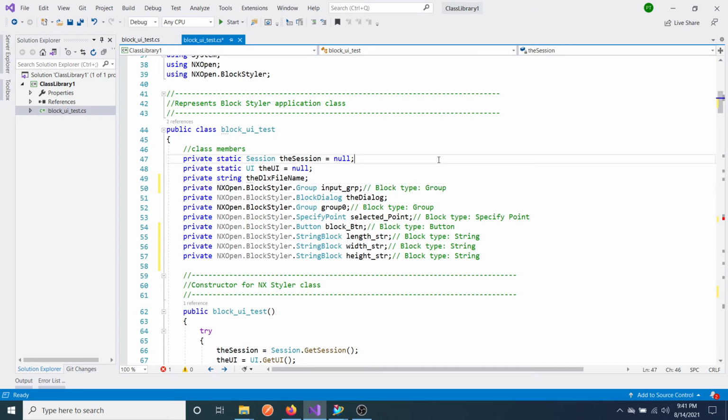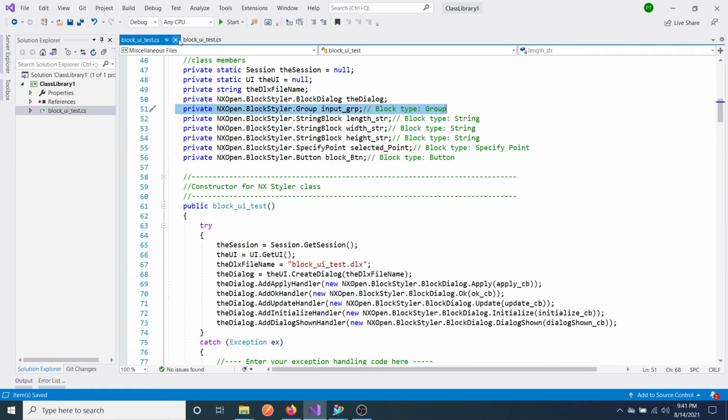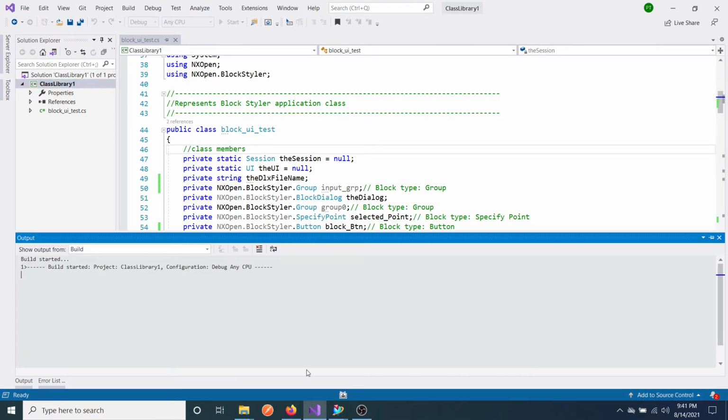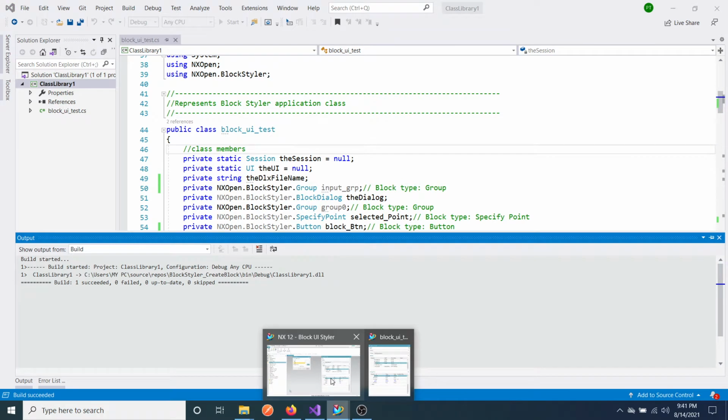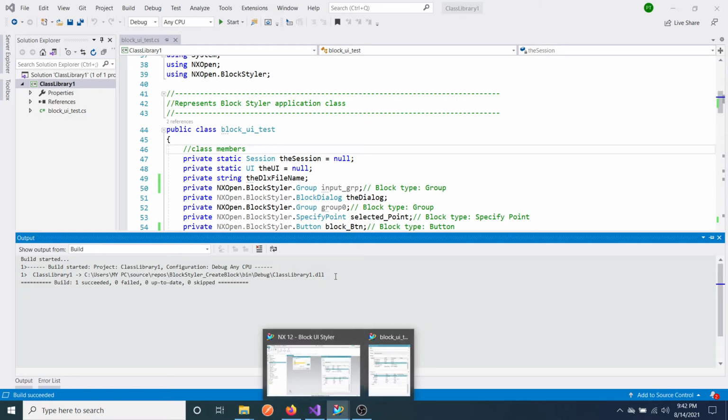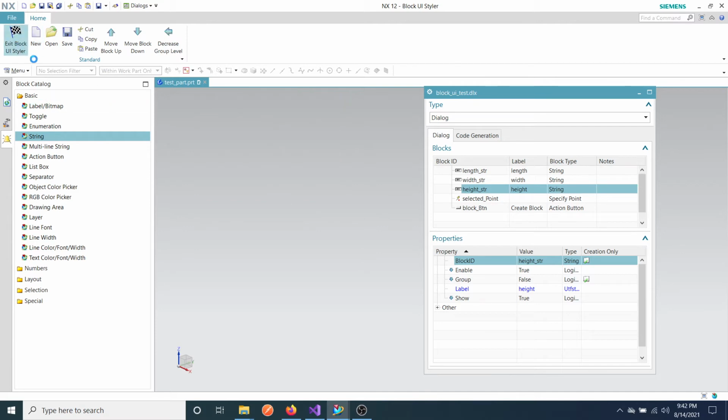Okay, I think we are done. We can close this file and build this one. Build succeeded. Now we can exit here.